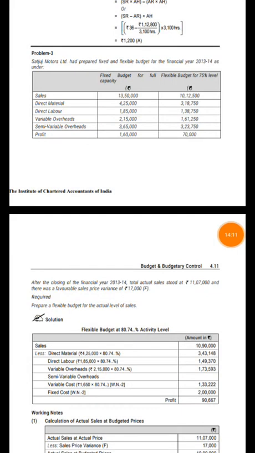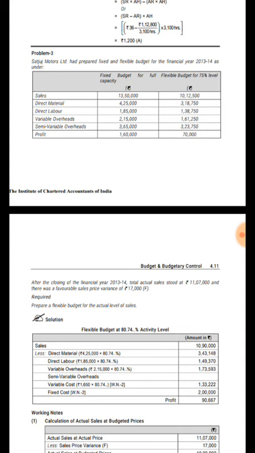Question number 13. Satluj Motors Limited had prepared fixed and flexible budget for the financial year 2013-14 as under. So fixed budget for full capacity, that is 100% capacity, is given. Fixed budget for 75% level of capacity is given. So sales, direct material, direct labor, variable overhead, semi-variable overhead, profit, everything is given at both